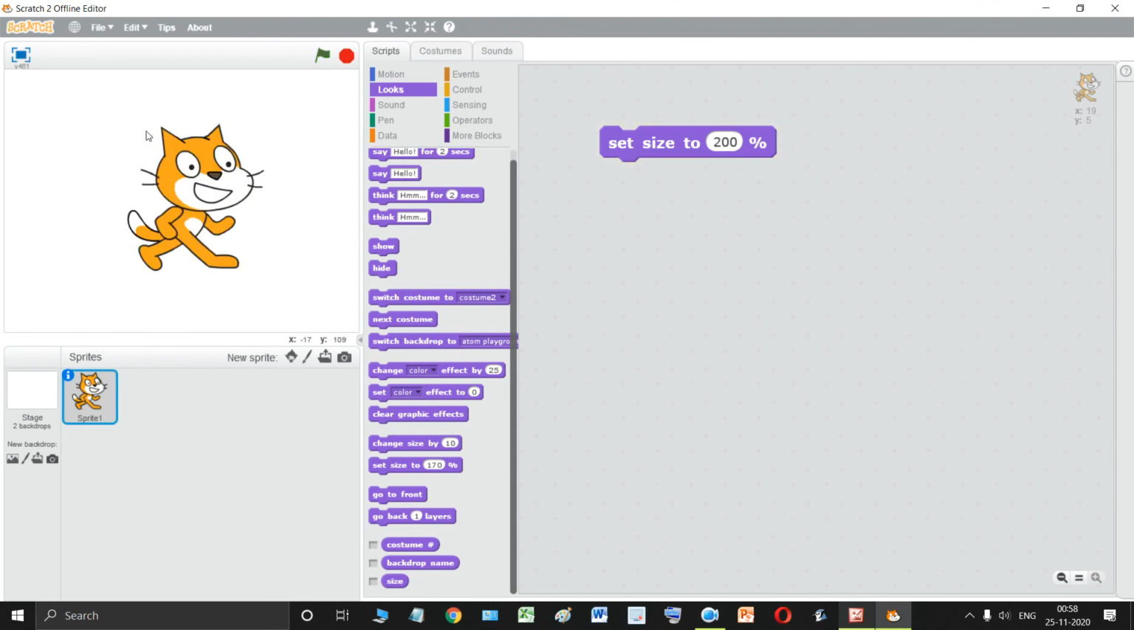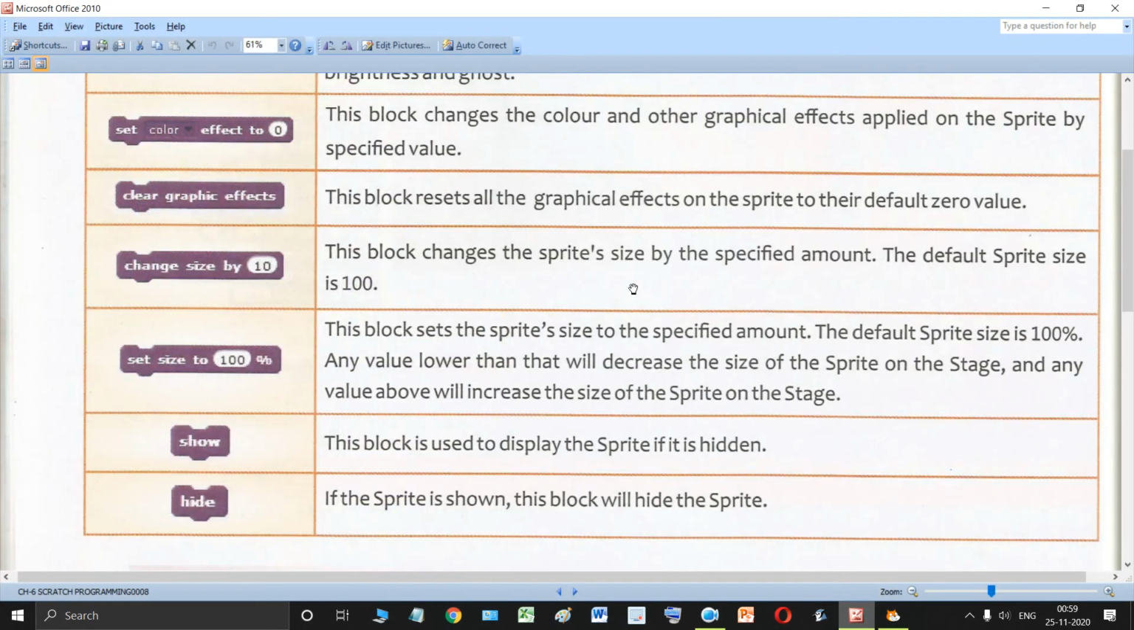okay, so as you can see, the size of the sprite has doubled from the previous value, and it is set to 200%. If I make it 150%, then it will get a little bit decreased. Okay, see, so now if you keep on clicking, nothing will happen because it has set the size to 150%. Okay, so this is how you can set a particular size. The default size is 100%. Okay, now